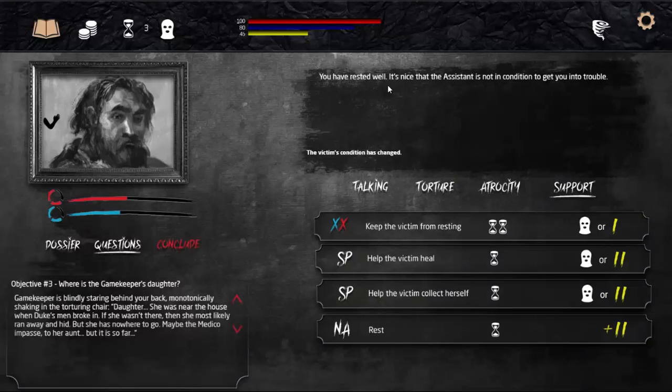Okay, so you've rested, and in this particular case, it says that it's nice that the assistant is not in a condition to get you into trouble. This is something you need to look out for, because your assistant is a pretty sick individual, and sometimes while you're resting, or while you're not watching out for the victim while you're away, your assistant can sometimes do stuff to them without your consent or approval,